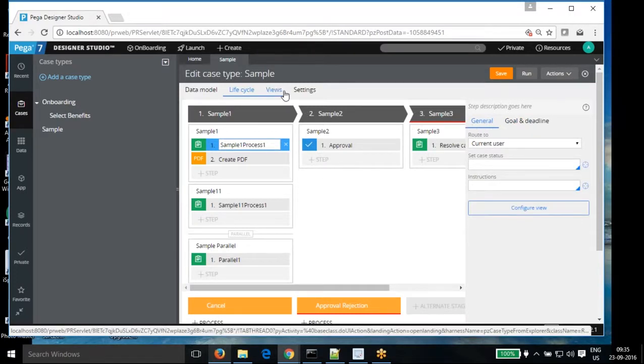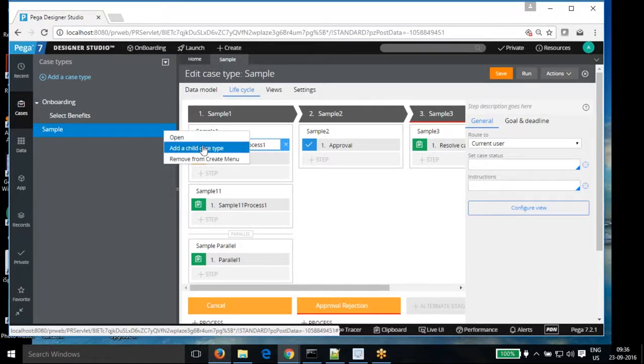Now, I feel we can go and discuss the settings. But just before that, I want to create one more sub case here. I want to invoke some processing in a separate case, so I can create a child case. How do we create a child case?